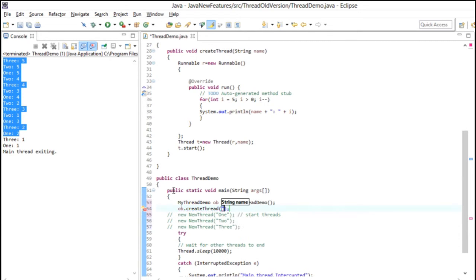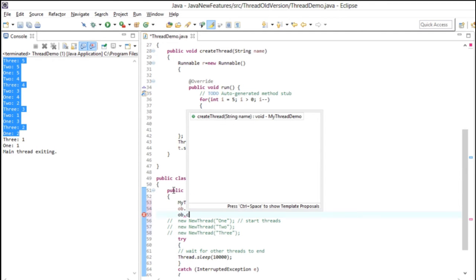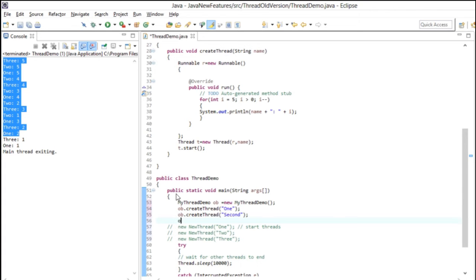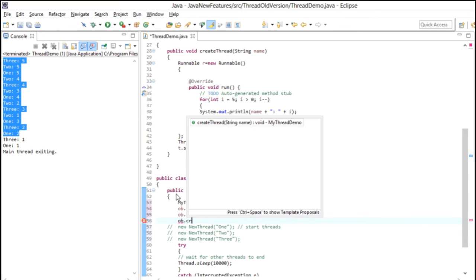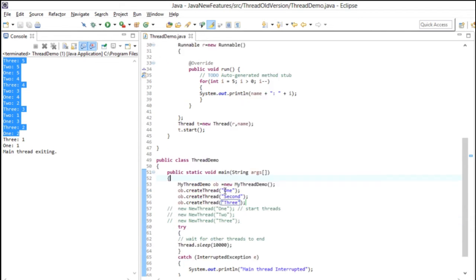The first name I am going to give is thread 1, then I am going to create the second thread over here with the name second, and the last thread. So the business logic is ready over here.